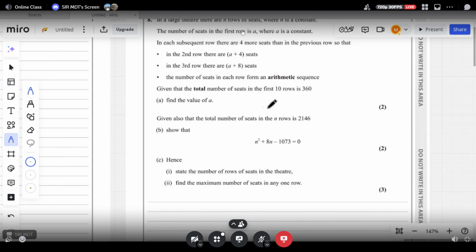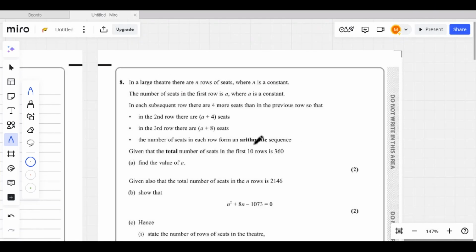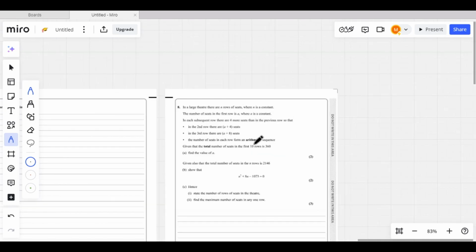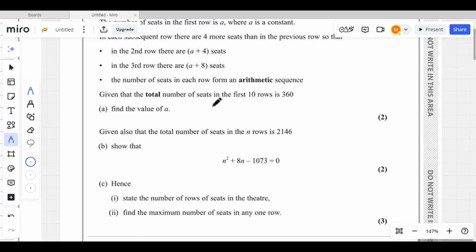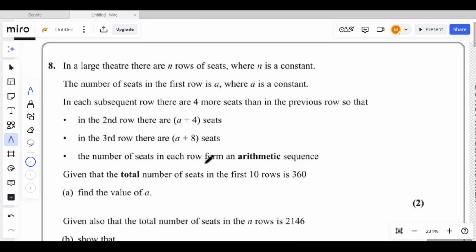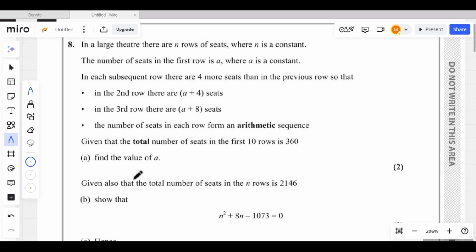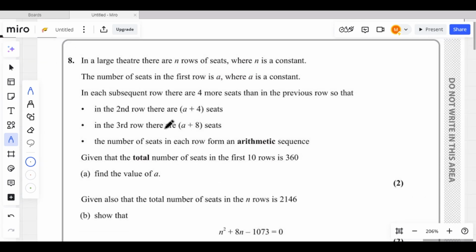Okay, so let's see question number 8 from the October 2023 paper. Basically this is a question from sequence and series. It's from series, sequence and series number 8. What they have asked there,